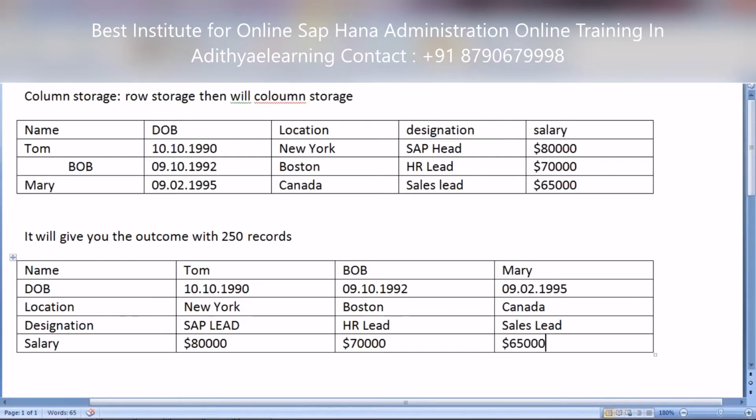So here what happened? It will not go to each column, it will not go to each row. SAP HANA has some pointers. It will go and collect records with the help of pointers. It will take only those records which meet all the requirements. It reads records randomly, selects the records, and gives them to you in columnar storage.